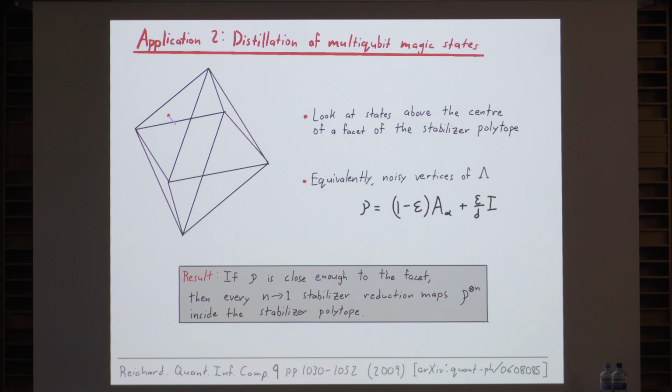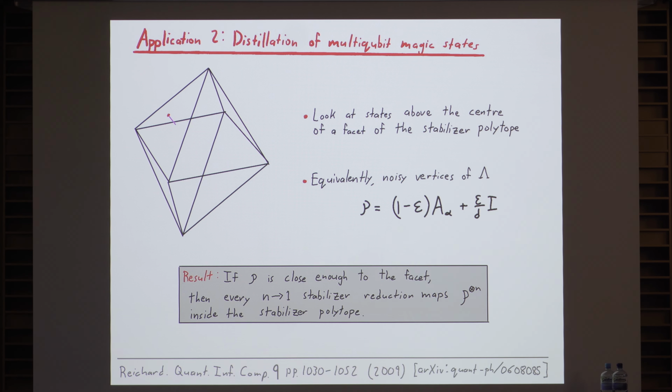And he has this result where he looks at states that lie directly above a facet of the stabilizer polytope. And he says, by bipolar duality, if you look at states that are above a facet, you can equivalently see this as a noisy version of a vertex of the lambda polytope. So you take a vertex, you add some noise. If you have enough noise, meaning your state is close enough to the facet, then he shows that every n-to-1 stabilizer reduction, so any map that consists of Clifford gates and Pauli measurements and tracing out subsystems, things like that, which map an n-qubit state to a single qubit state,